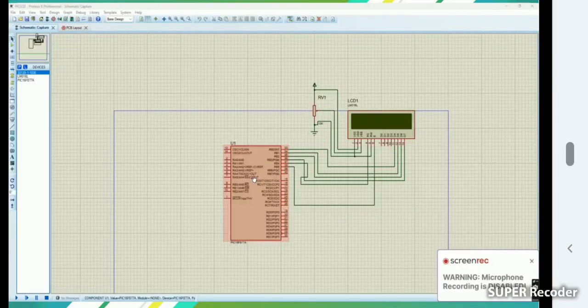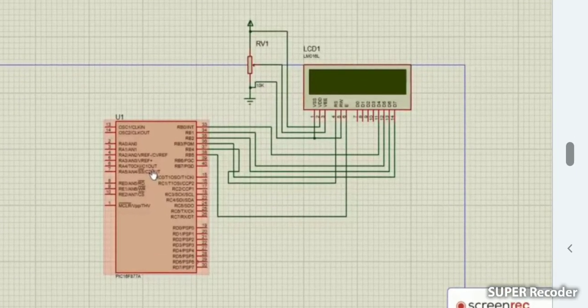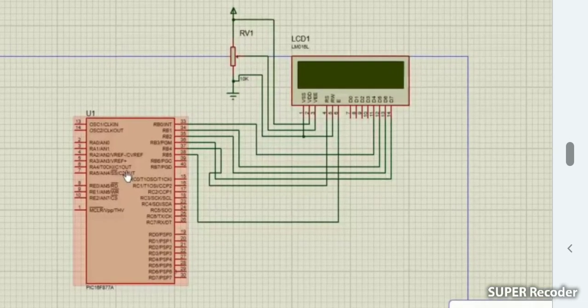Okay, in this session we will see a small Proteus 8 simulation procedure for the PIC 18F877A microcontroller unit with the LCD display device. So as we know, on the right side of this